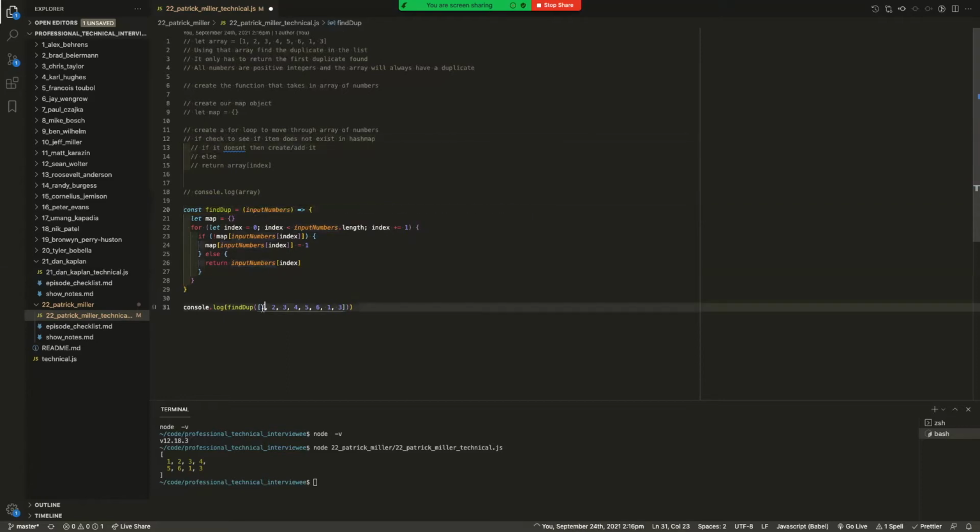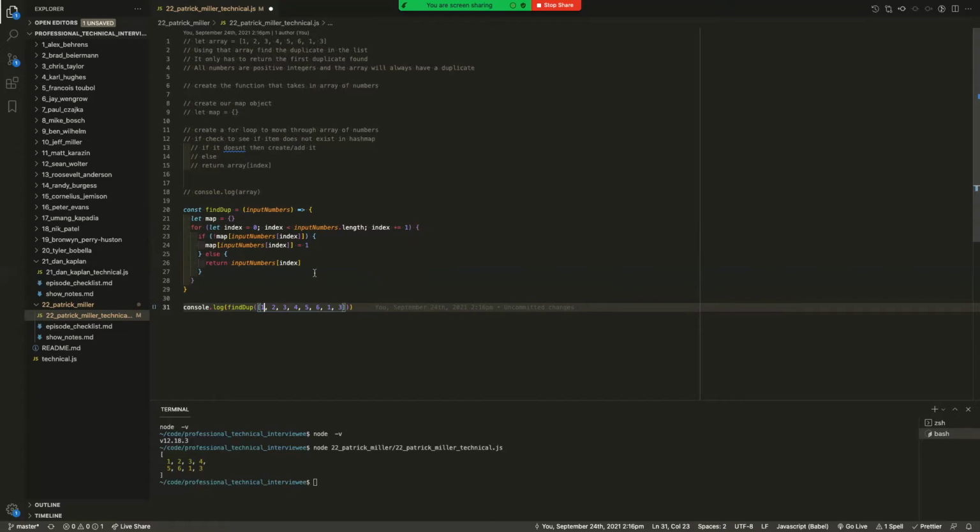So for example, if we take 1, that's going to be passed in, it's going to be the first number here. 1 does not exist, so it's going to be created as map input numbers index equals 1. Same would happen for 2, 3, 4, 5, 6.